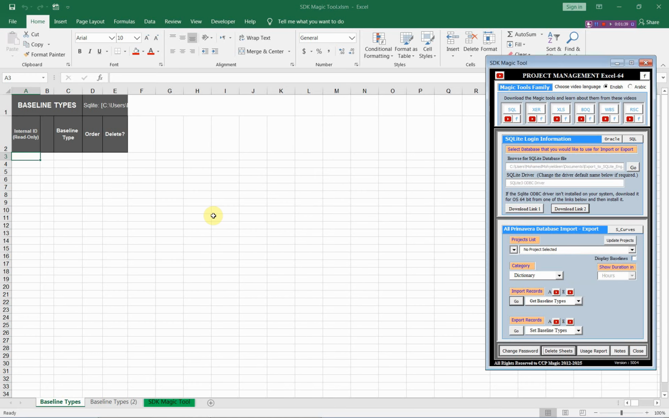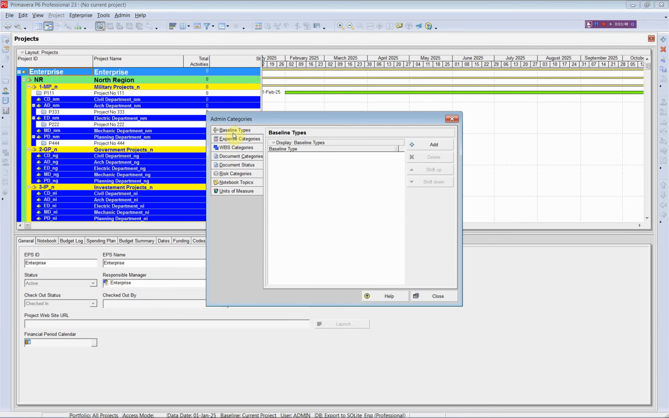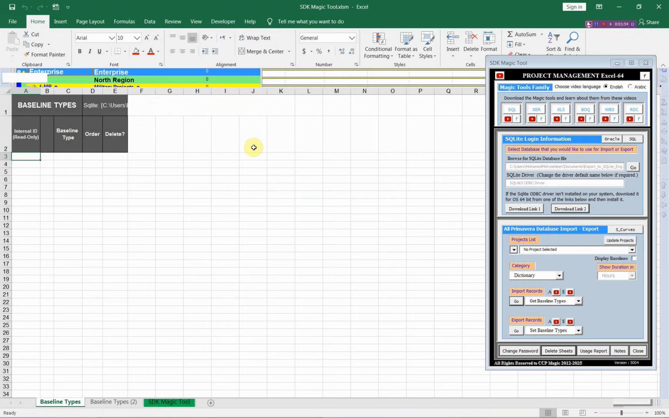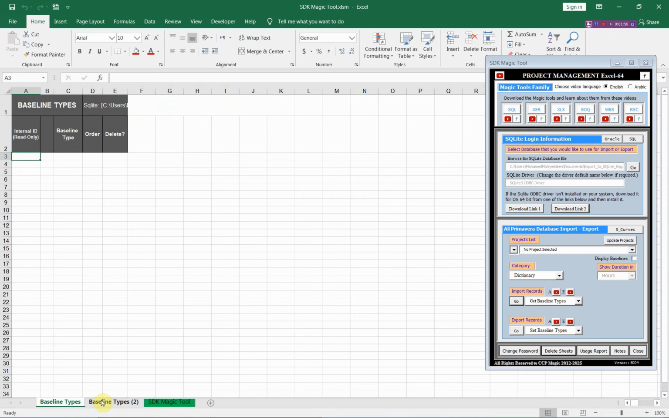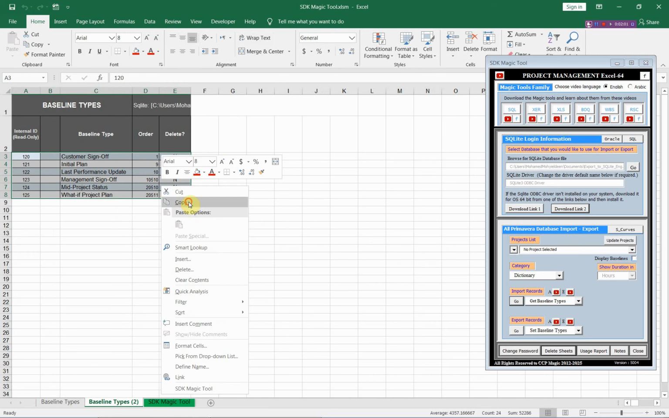Let us go to Primavera to check these updates. From File, Refresh Data, and go to Admin Categories. As you see, we have no baseline types now in Primavera. Let us import these baseline types, and then we will export them again to Primavera